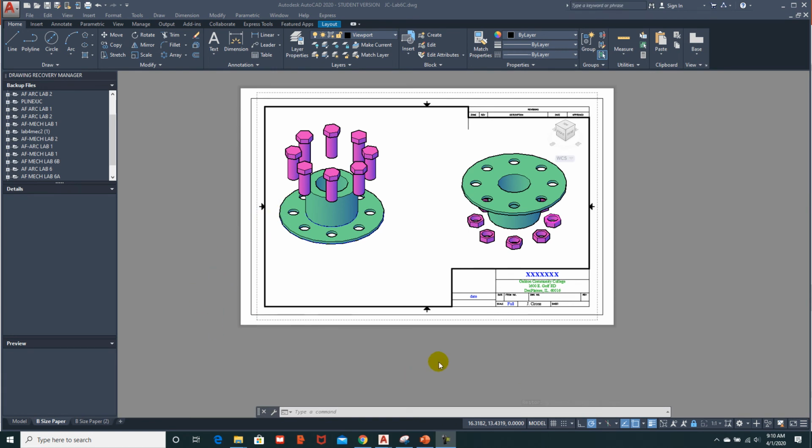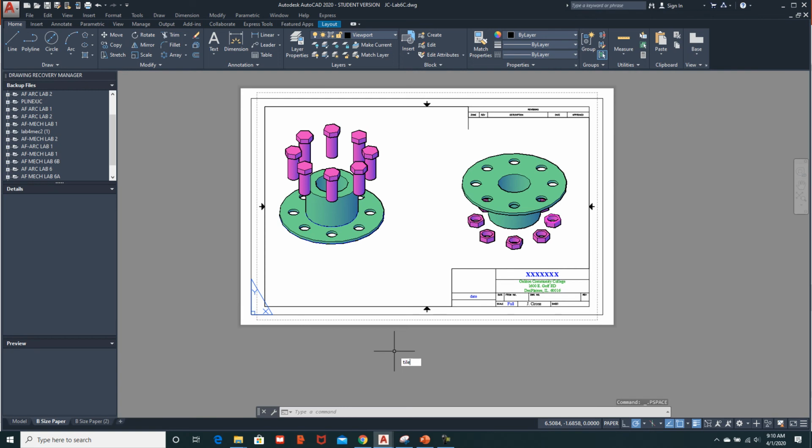Tile mode is a way, T-I-L-E-M-O-D-E. Tile mode allows you to switch back and forth between Paperspace and model space, and this is the command structure for it. Everything has an icon now. You can do the same thing by clicking on this paper. Okay. There's floating model space, and then there's paper. Or you can go into the tile mode,